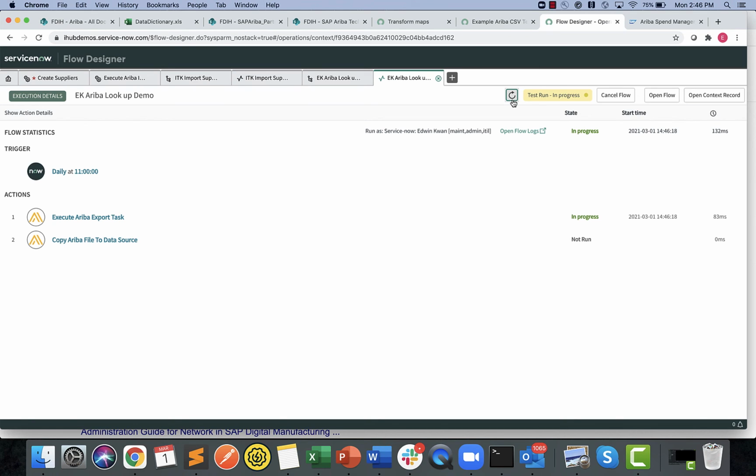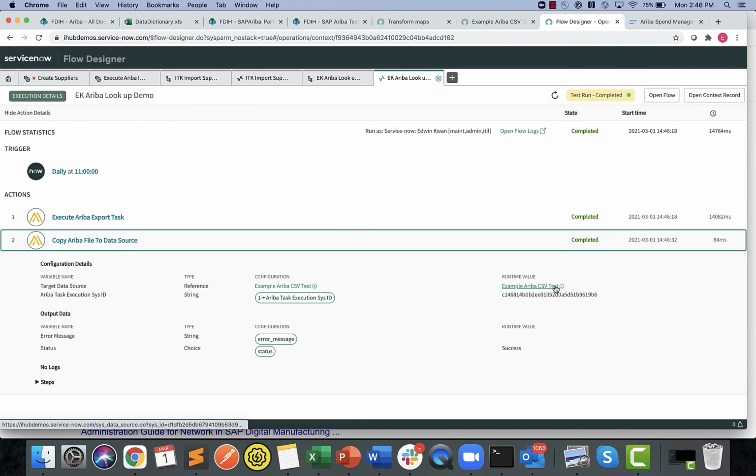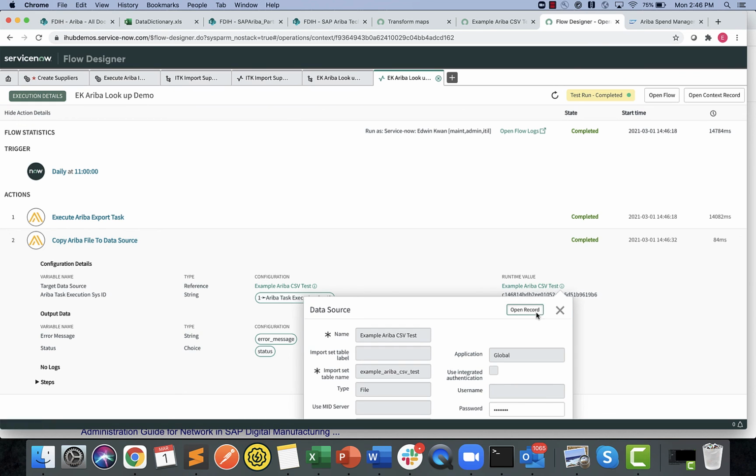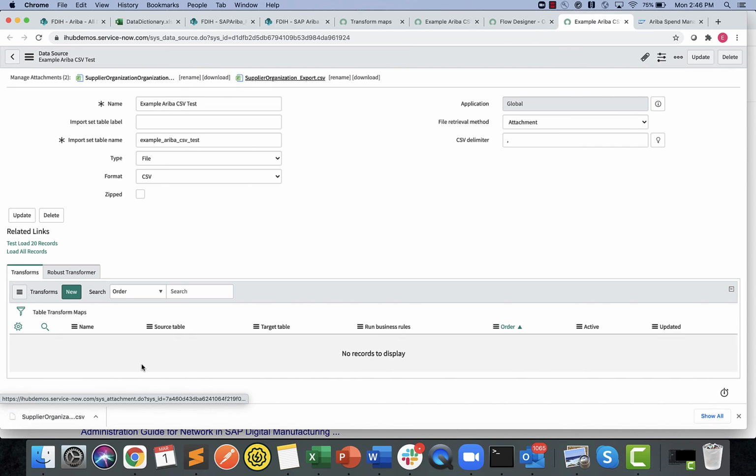And now the next thing is, let's give it a shot, pulling back the data from Ariba into ServiceNow. So now it's kicking off the process. It will take a while. Yep, get something right there and pull it. So with this, you can go into the record itself. And then you can see now 2 new files have come back. Now if you go into the file,